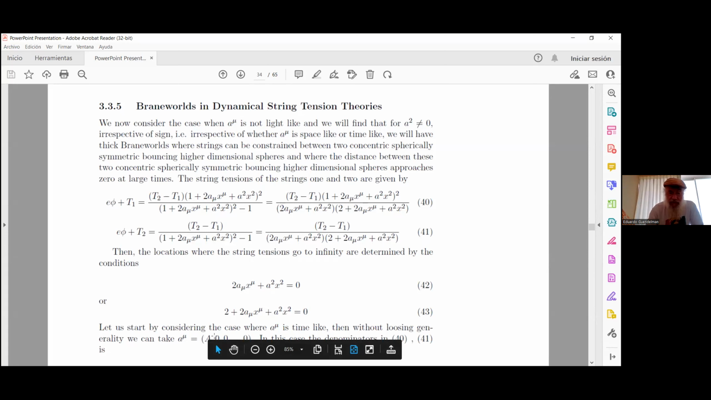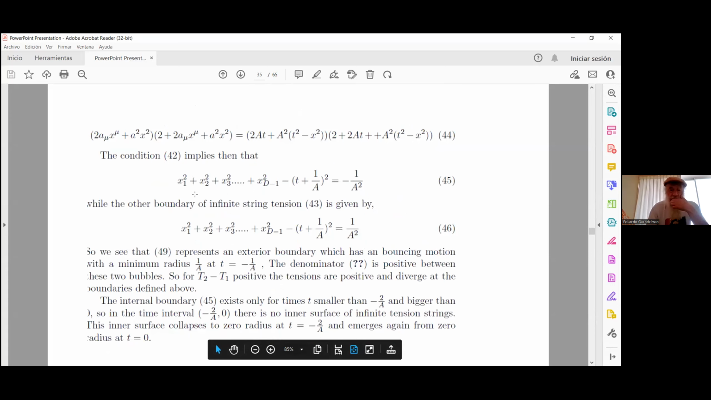Take A equals 0, 0, 0, 0, and then you see that the two surfaces are this, right? Like this and this. This is like a hyperbolic motion, right? And this is an interior boundary that doesn't exist for all time, but at some times it starts to exist, okay? And between these two, at asymptotic times, the distance between these two surfaces where the strings have infinite tension,